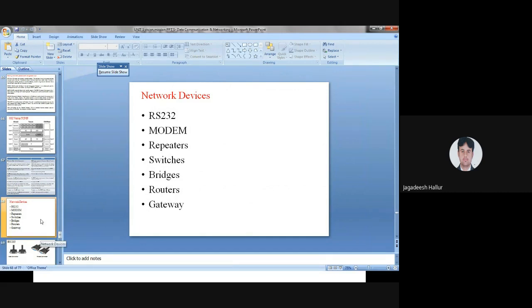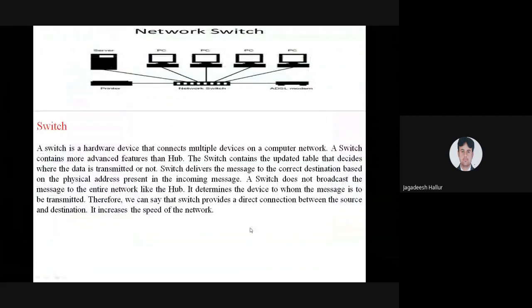So it is a single collision domain. One by one, they have to move outside, then only there will not be any collision. So it is acting as a single collision domain.